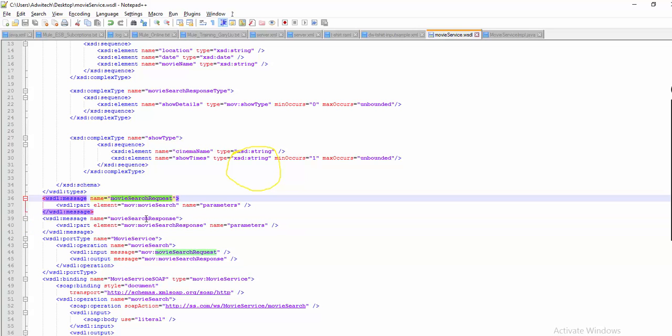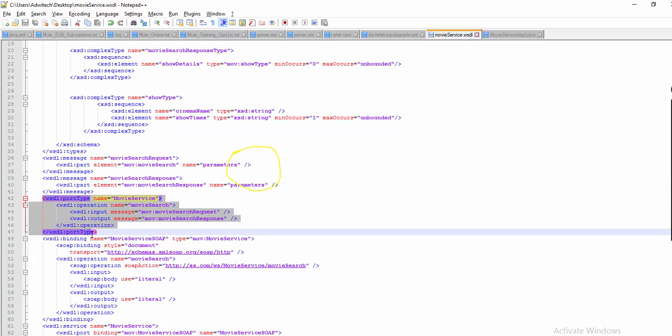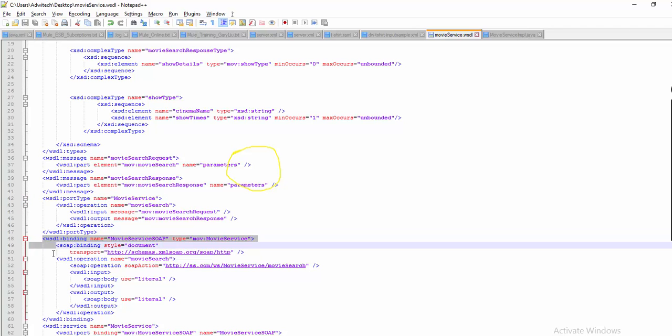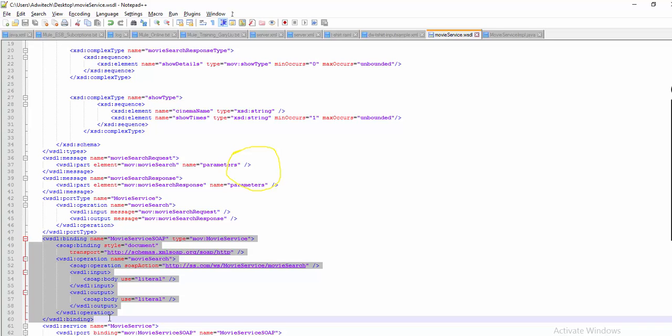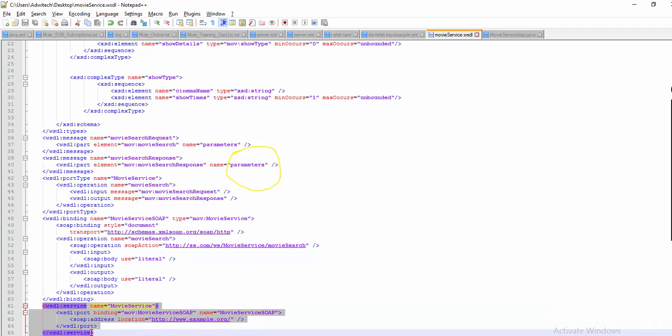So how the request should be and how the response should be. In the port type section, we define the operations, the different methods that take the request and send back the response. In the binding section, we bind this port type to a protocol like the SOAP protocol. This web service supports the JMS and SMTP protocols also. Now I am configuring HTTP as the transport protocol, and the service section defines where the service is actually up